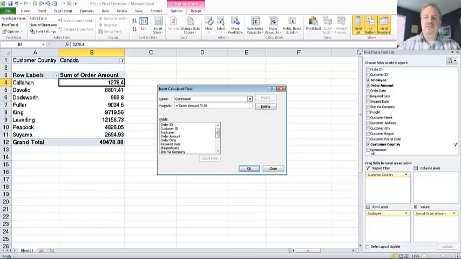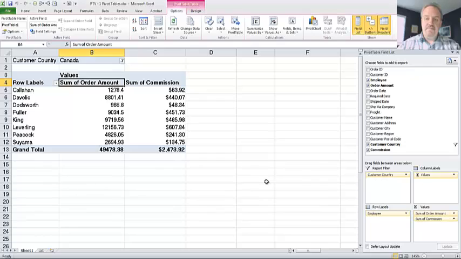Now I have a commission field in my field list. This didn't exist before. I'm going to say OK. It's automatically selected, and it puts it in the logical place. So now I automatically have the order amount and the commissions down in there. So $1,278.40, I get $63.92 commission. This data doesn't exist in the table, but I can make the pivot table show it to me and display those